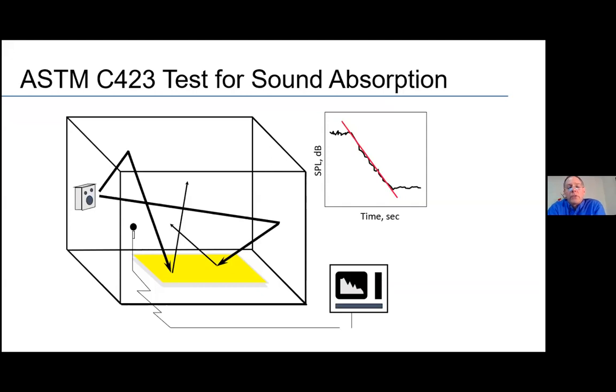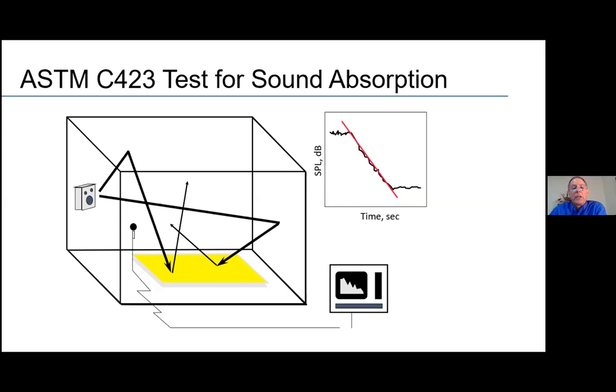Then you put the insulation material inside the room, and that would be the material as represented by the yellow shape on the floor of the room. And you do the same test. You run the same noise level source, let it reach a steady state, turn the source off, measure the dissipation level rate as the noise dies off. And that basically, comparing the dissipation rates of the materials, is what tells you the sound absorption capability of